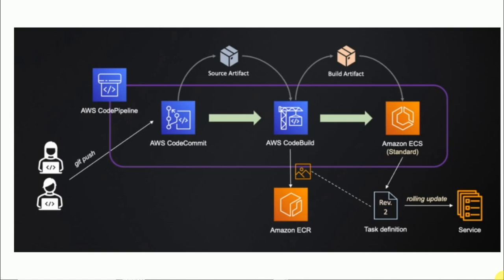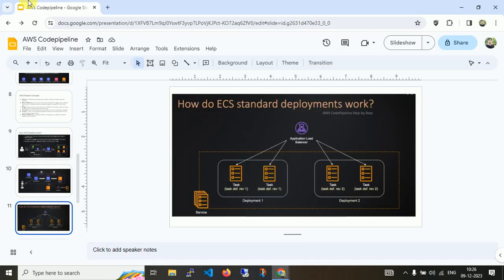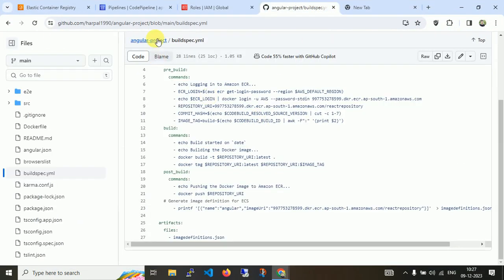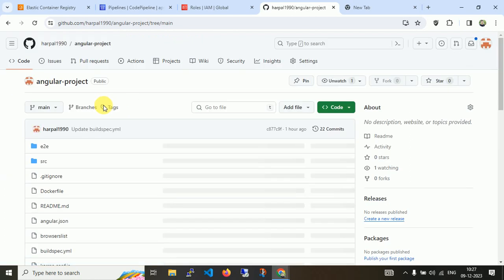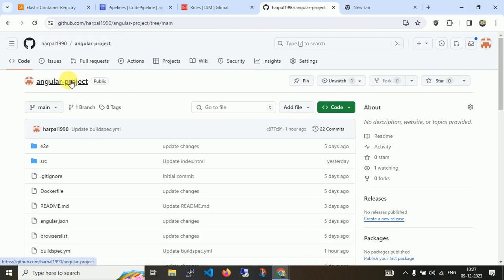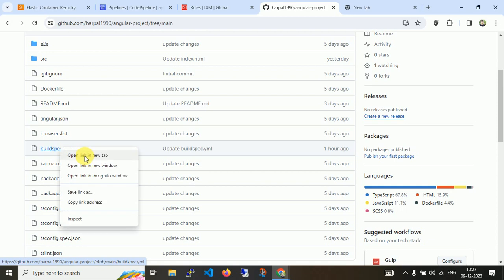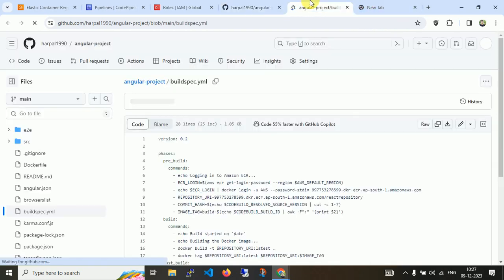So let's start with GitHub. Let me just log in with GitHub. This is my Angular project. This is my Docker file, as I already mentioned in the last video. Let me navigate directly to the buildspec.yaml. This is the main and core part of our